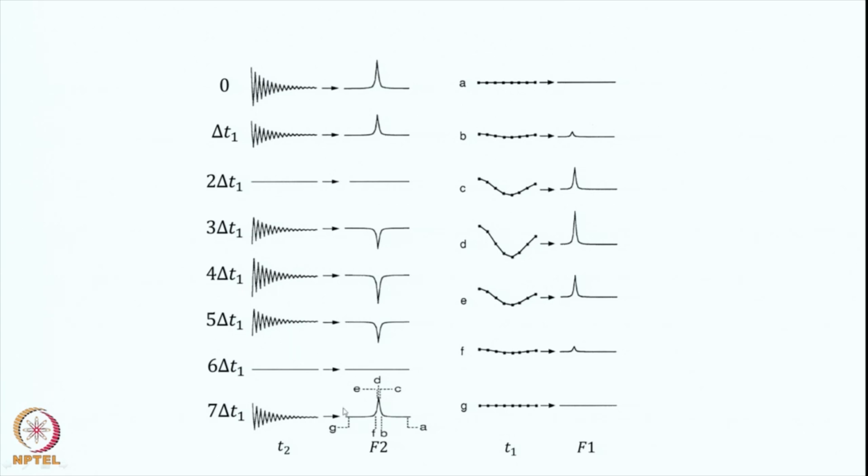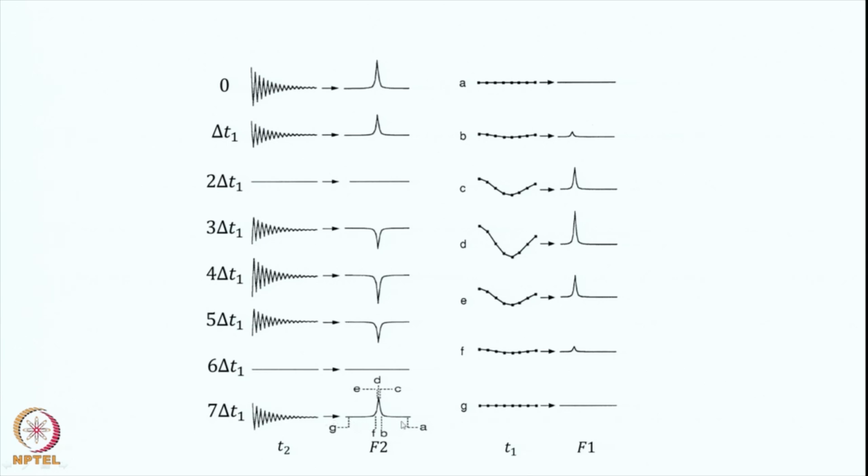Now let us look at this in more detail. This is the spectrum here. Now what you do, this is all digital, right. So when you do a Fourier transformation, you get a digital spectrum. The spectrum is drawn as a continuous analog signal, but actually appears as a digital spectrum. There are points 1, 2, 3, 4, 5, various points are there. Now we will pick up a few of those points here.